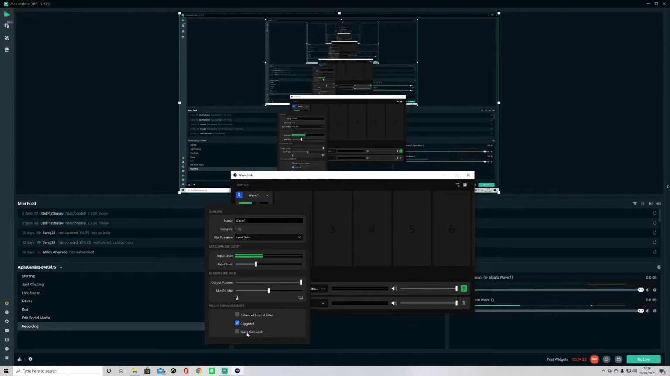And then the last audio enhancement is Wave Gain Lock. So this is basically where you can lock your input gain, and as you move it up and down, you can lock the monitor mix and the stream mix. So in case you still want to hear what you are putting out into your stream, you can lock it into a place where